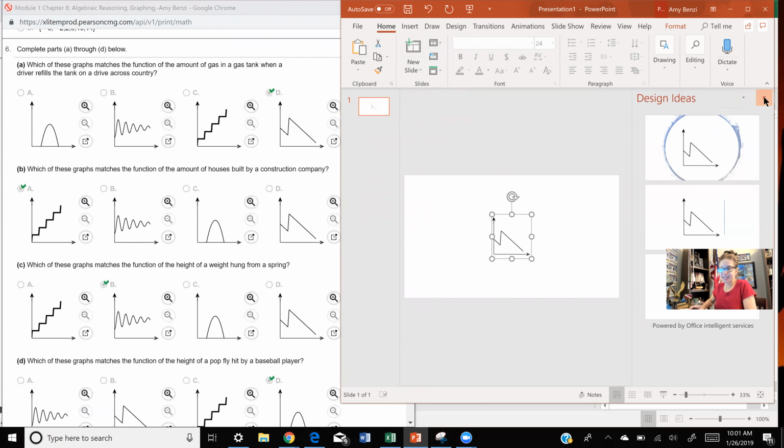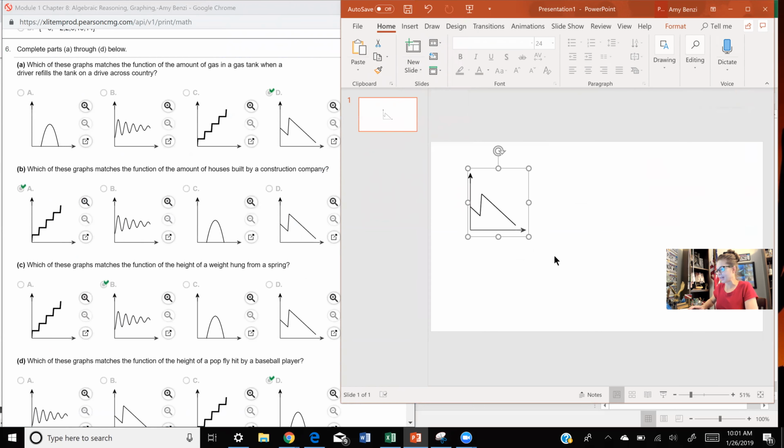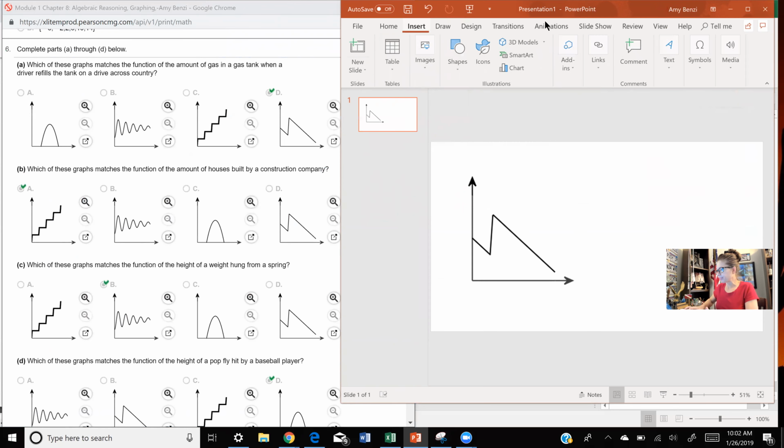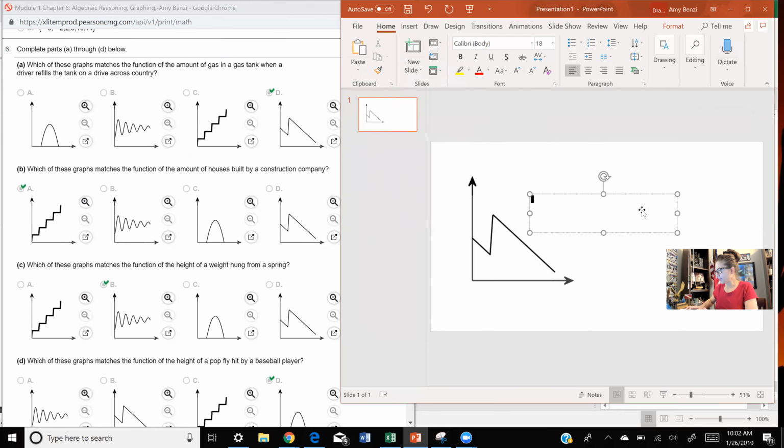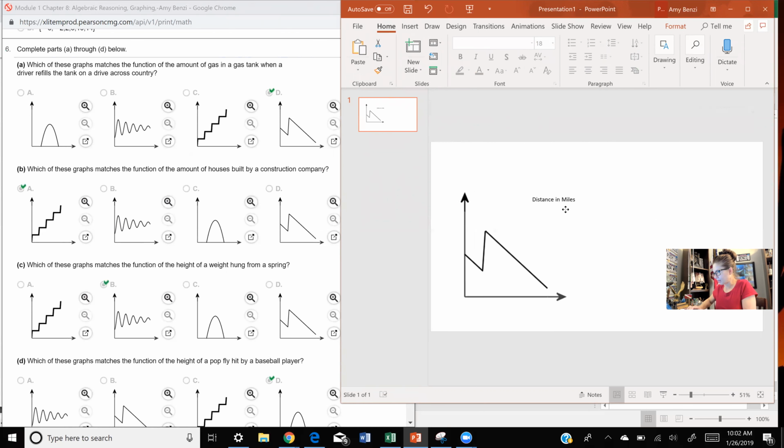And you can get design ideas. I'm going to do this whole thing very basic. I just want you guys to kind of see what to do here and what to talk about. So here on this graph, I can insert some shape. Sorry. I'm going to insert text. And here I might put that my x-axis is the time, or no, let's say the distance in miles. And there's nothing on this thing, I think, that says whether it's miles or not. So you can say kilometers or, I don't know,